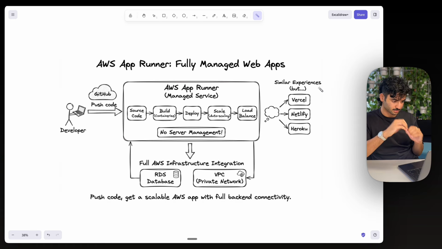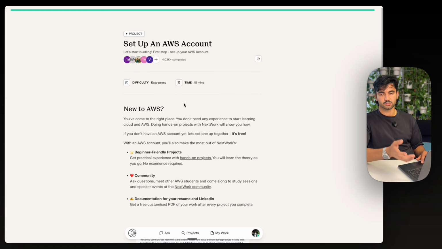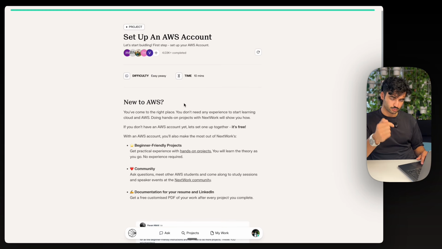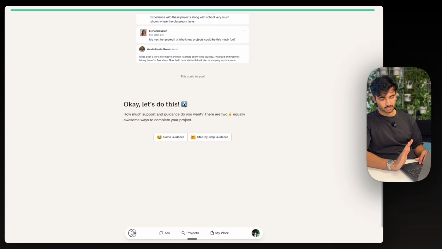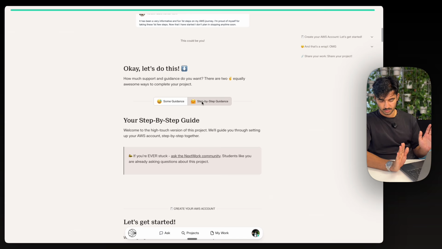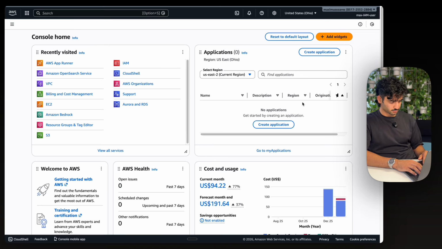For this part of the project, you actually need to create an AWS account. If you don't know how to do that or you don't have one set up, make sure to check out this project guide. It'll walk through the entire thing. And by the way, you won't get charged for this. I'm signed in as my IAM user here just for better security.